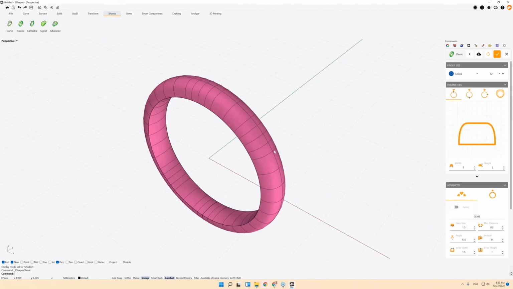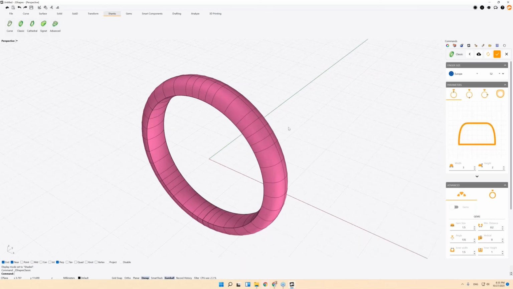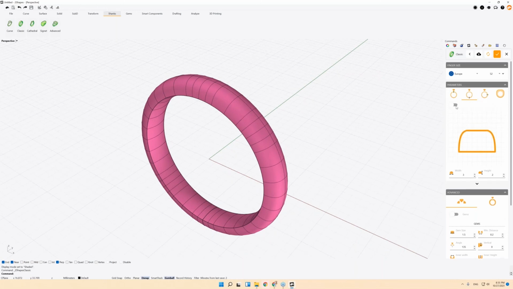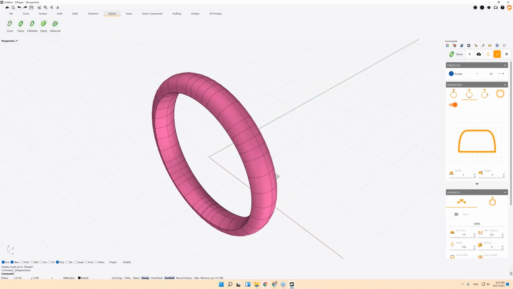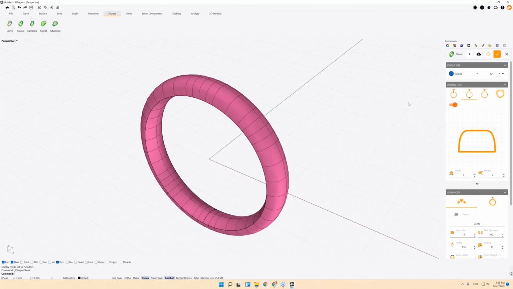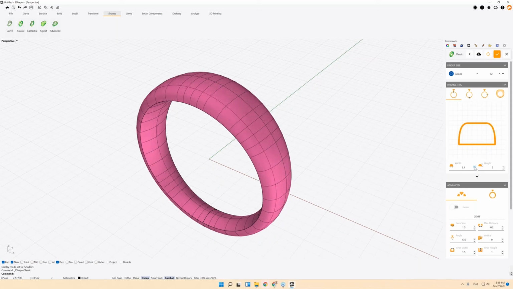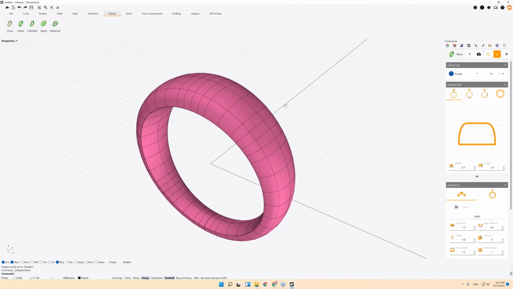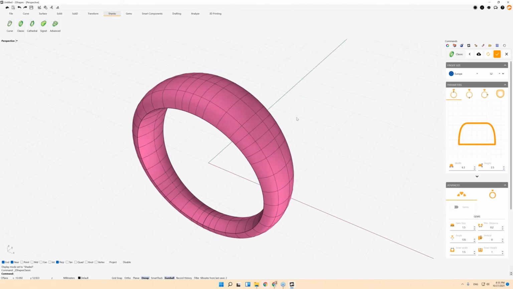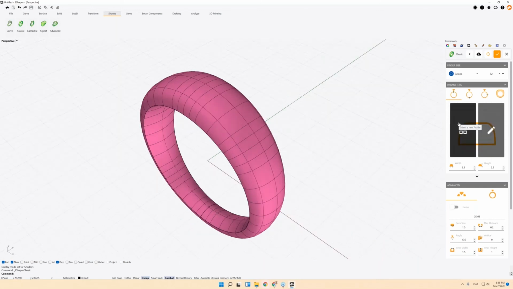The idea is in this command, but this is exactly the same in all the commands. For example, I have the top profile, and I will enable the bottom profile. Then now I have the bottom profile and the top. And the idea is we can modify the height and the width, but now we're using this shape of this profile. Then the idea is we have two ways to change the profiles now. Is you can select,